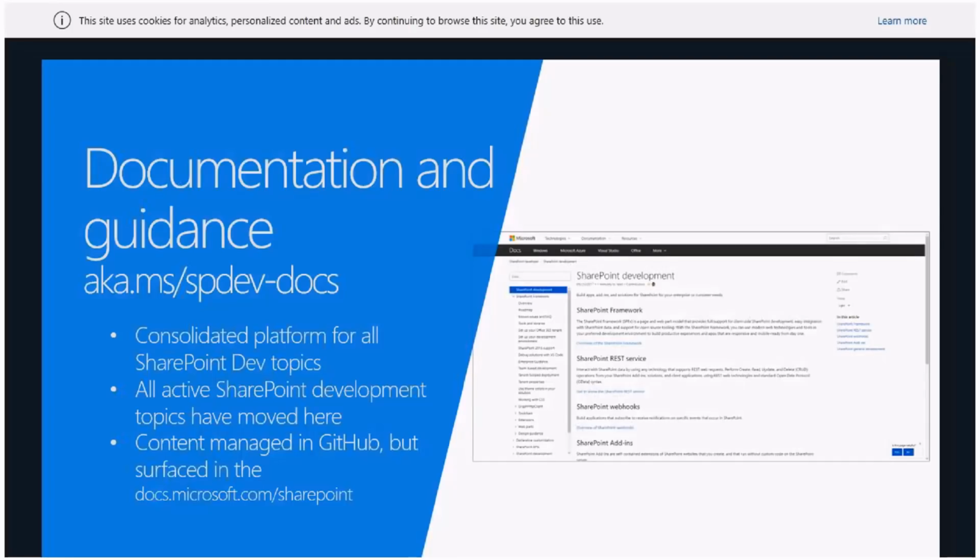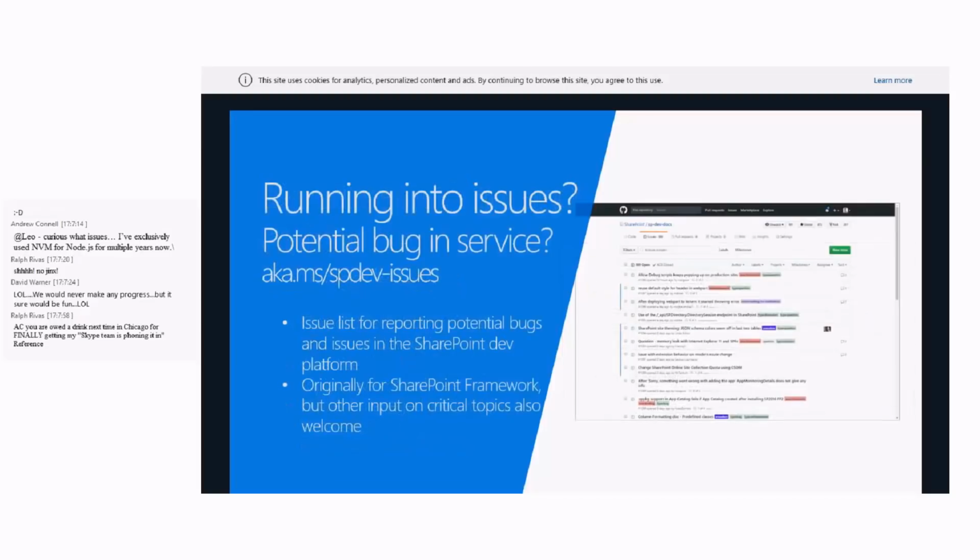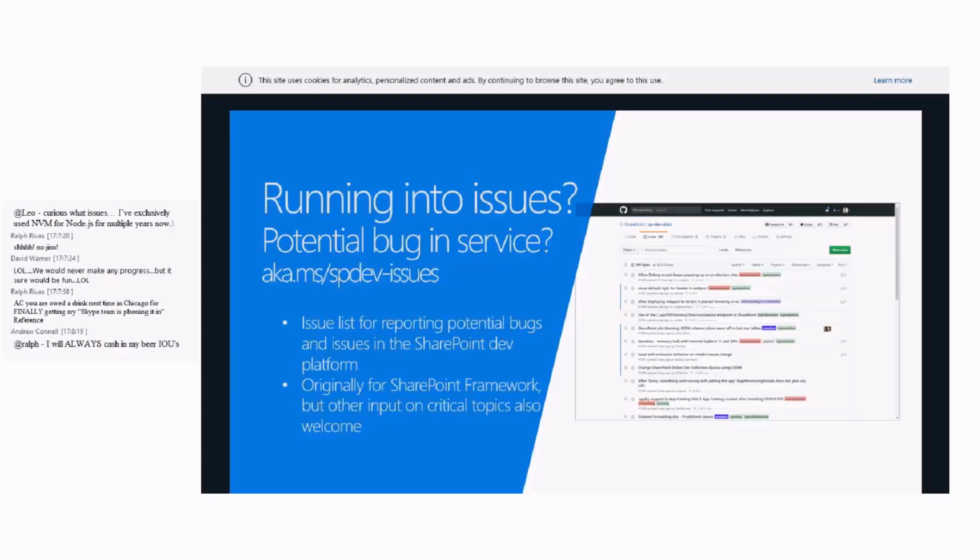Now, related to gaps, every now and then you might feel that there's a gap in this guidance, or there's an issue over there. Please let us know, so we can actually address that. Please go to GitHub, aka.ms/SPDev issues, or the GitHub SPDev docs issue list, and let us know. Within the upcoming new version of SharePoint Framework, version 1.4.1, which is coming out super soon,